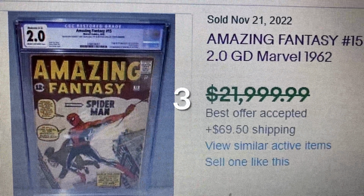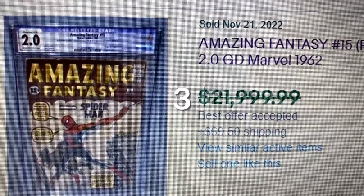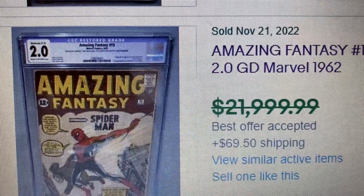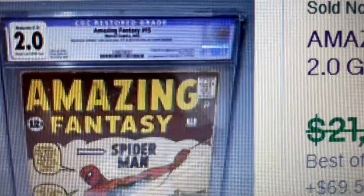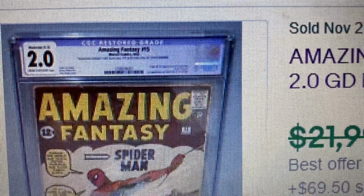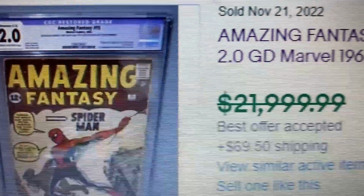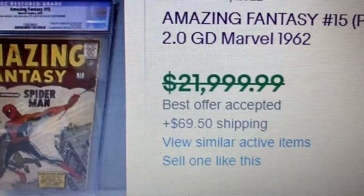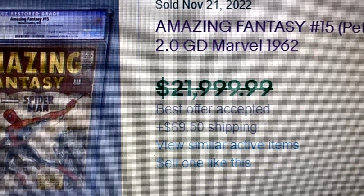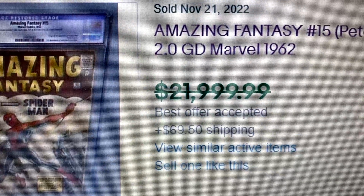Coming number 3, we have Amazing Fantasy 15. This one came out in 1962. This is CGC 2.0. However, there's not a blue label. It is a purple label. Basically, it's restored, so something done to this book to make it a little more attractive. This one, the asking price was